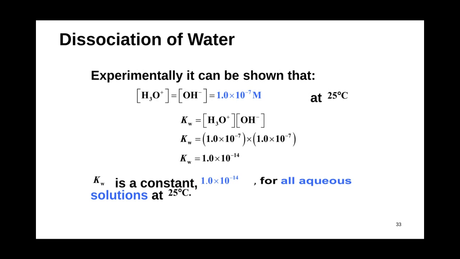Now, why is that important? Well, remember, when we're thinking about acid-base reactions, we're thinking about this relative to water. So Kw, because everything's mostly in water anyways, is actually a constant. Kw serves as a constant for us when we have aqueous solutions, so solutions in water at 25 degrees C. So we have Kw as a constant of 1.0 times 10 to the minus 14.